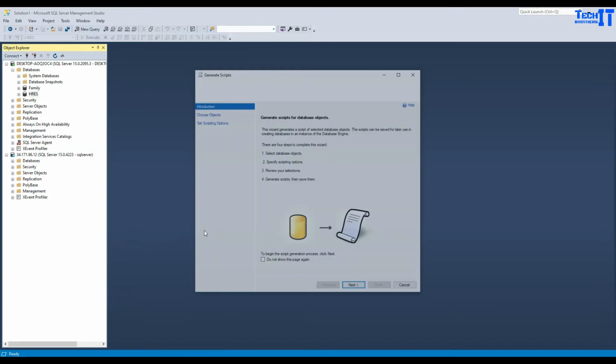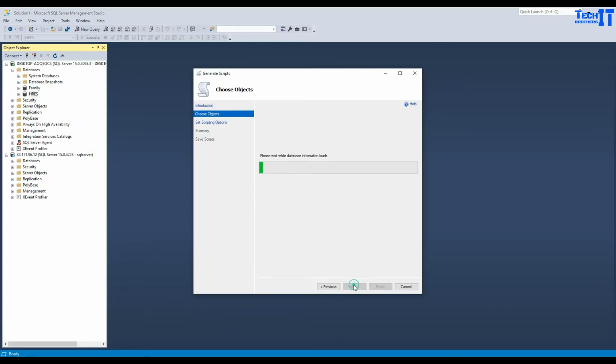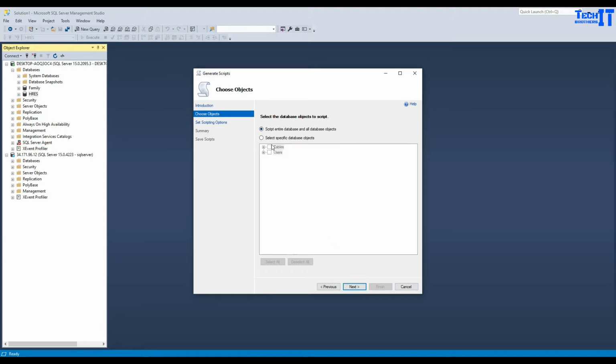Once you click right there, it's going to open this wizard for you, you hit next, and then it's going to list all the objects such as tables, users, stored procedures, views, and everything. In my case, I don't have a whole lot of objects here, so I'm going to go ahead and script the entire database, all database objects. So I'm going to leave that as it is. If you want to select or unselect some of them, you always have the option to do that. Let's say you only want one table, or you don't want stored procedures and all that, you can select that. In my case, I'm fine with all that, so I'm going to go ahead and select all,